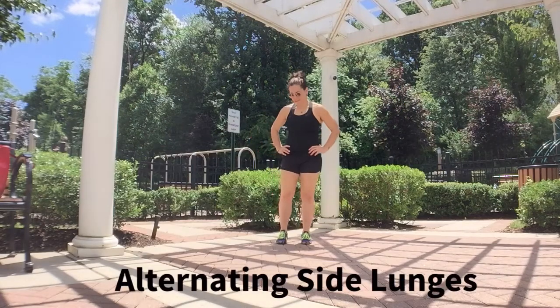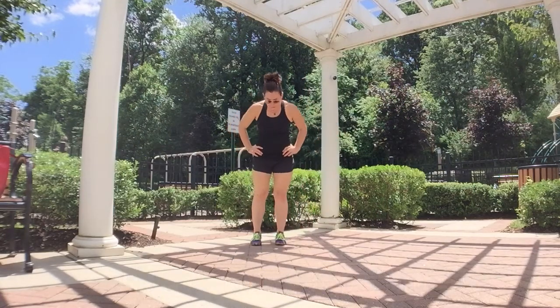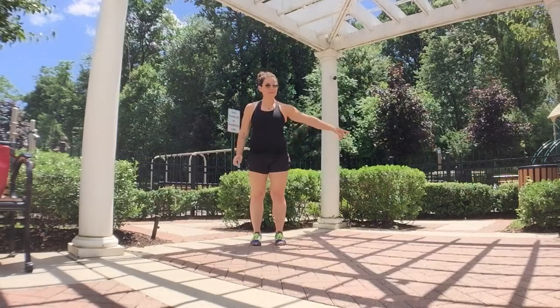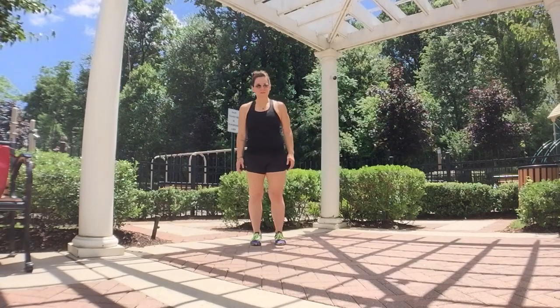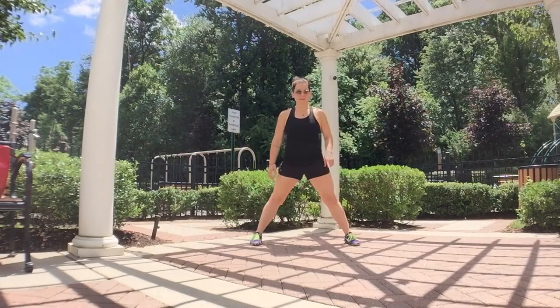Alternating side lunges. So we're going to start with our feet about hips width distance apart. Make sure you've got some space to either side of you. All right. From here, you're going to step out with one leg, keeping the other leg nice and straight. So you're going to take this nice big stance, and then with the leg that just moved, you're going to